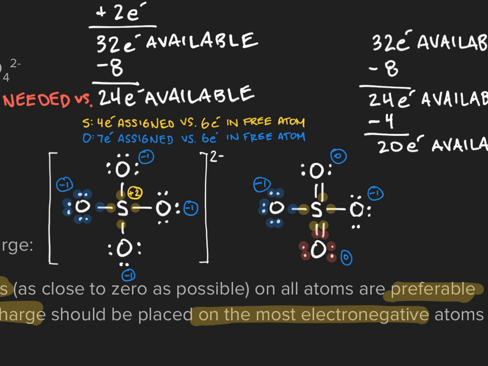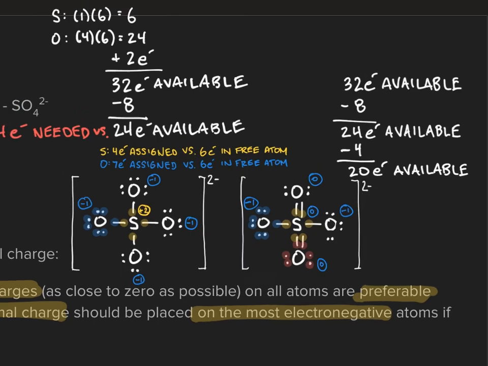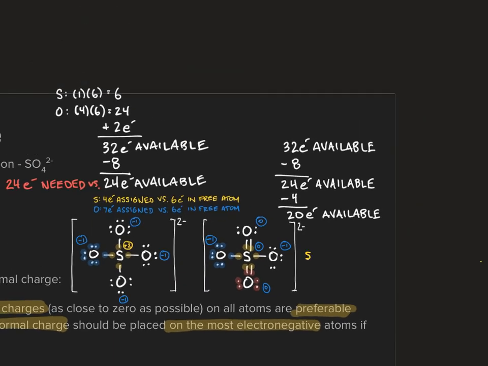Again, we assign 1 of the electrons of the bonded pair to the sulfur, which means the sulfur also has a formal charge of 0, 6 electrons assigned to it as it would have as an element by itself as well. So at this point, our Lewis dot structure with the double bonds still has the sum of the formal charges at -2, but the formal charges are now smaller than they were before, with just 2 -1s instead of, in the first option, 4 -1 formal charges on the oxygens and then that +2